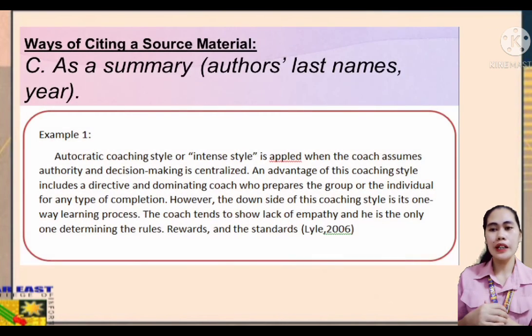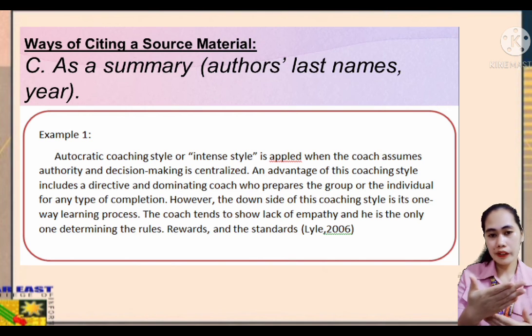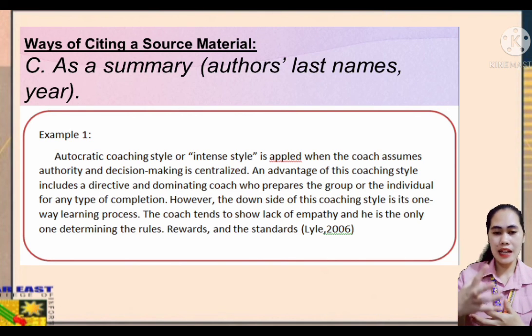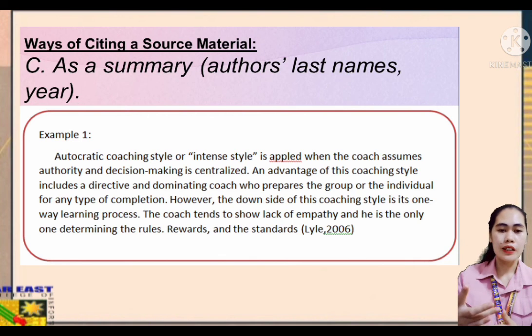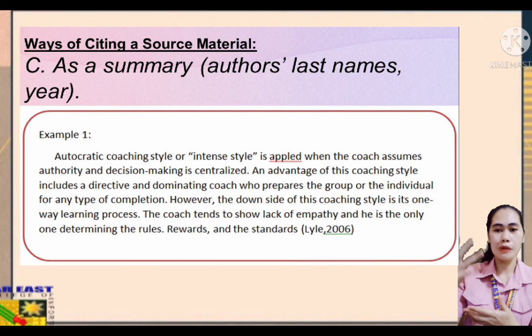Next natin is summary. So, kapag summary, kukunin natin si author's last name, and then the year of publication. So, in doing summary, you just clearly explain and point out the main idea of the author's research findings without including your insights. So kapag binasa mo ng buo yung articles, all you have to do is to summarize the informations and get the important ideas. Okay, and then summarize mo siya. After summarizing, you're going to get the author's last name and then yung year of publication. Okay? So, ganun yung